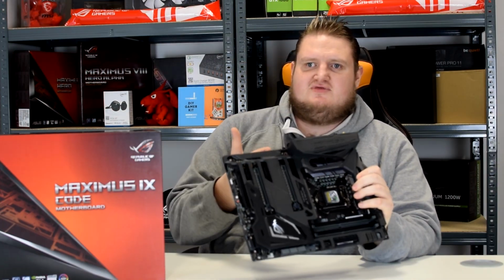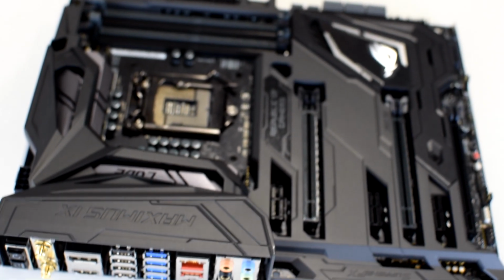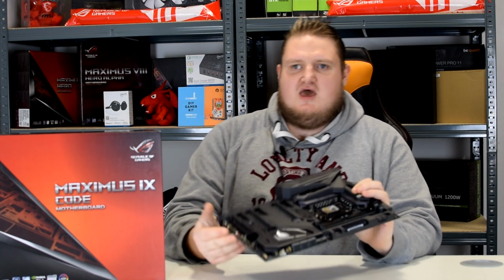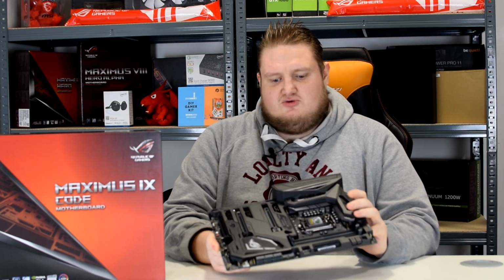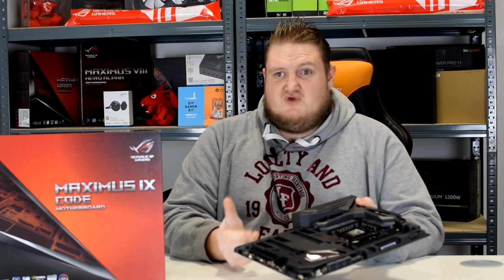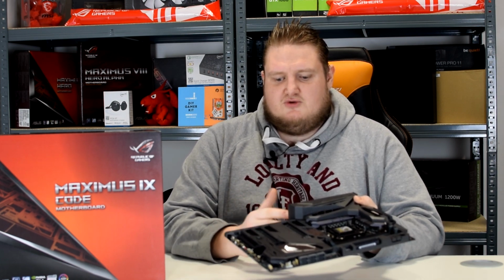In terms of connectivity, in terms of rear I/O, we have a BIOS flashback button, a CMOS reset, 2 wireless antennas for your wireless local area network, for your internet basically. For the onboard, we've got a DisplayPort and an HDMI, so you can connect it directly through the Intel HD graphics processor, which is built into the chip. Got 4 USB 2 sockets, 4 USB 3.0 sockets, RJ45 Ethernet, 2 USB 3.1, a Type A and a Type C, and we've also got your rear audio through your 5